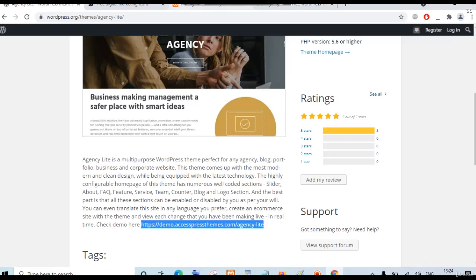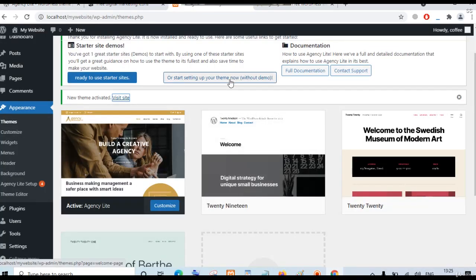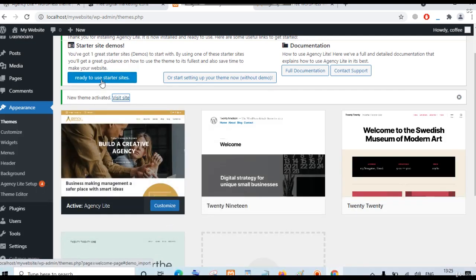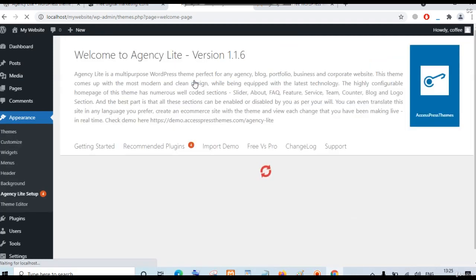Now we can go back to our website here, and in this website you can see there is an option of customizing. So you can either use ready to use starter site, or you can start with setting your theme from scratch. So we will deal with ready to use starter site later. This is a very easy option, you don't have to do too much here. But because you have to learn from scratch, you will set everything without the demo. So click on this option,